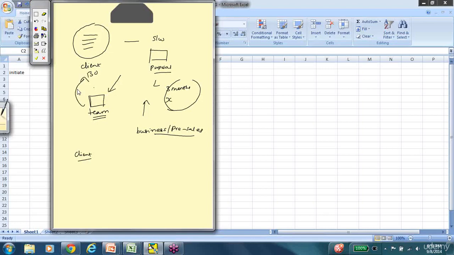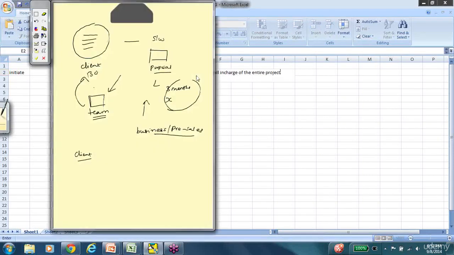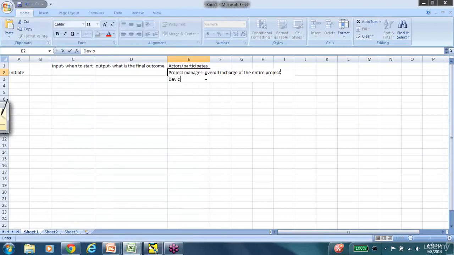So this team comprises the project manager, who is the overall in charge of the entire project, and the project manager is not just responsible for dev or QA or any of the other teams. So this is for the entire project. So the project manager will manage the entire project, make sure that it is on time, make sure that the infrastructure is all set, and all of those other things. So the project manager is not team specific. So he is not just a manager for development or QA or something like that. And in this step,